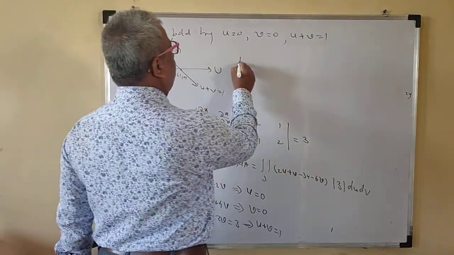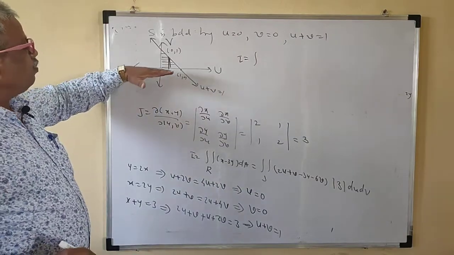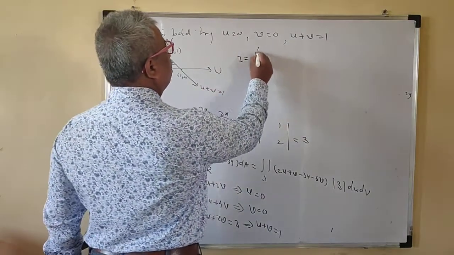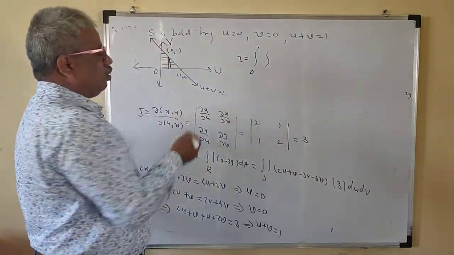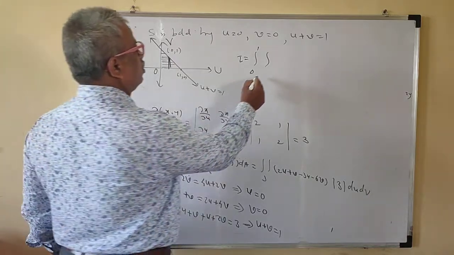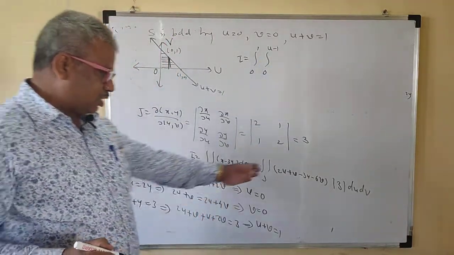Okay. So therefore R is equal to the integration. We will write the limit of v now. Limit of v is what? Limit of u, this is what? 0 to 1. Limit of v. So v from the lower, so this then v from this what? u minus 1. u minus 1. Just simplify this.